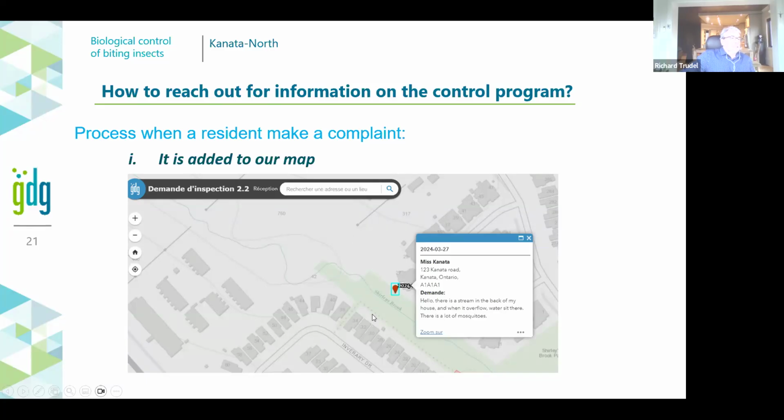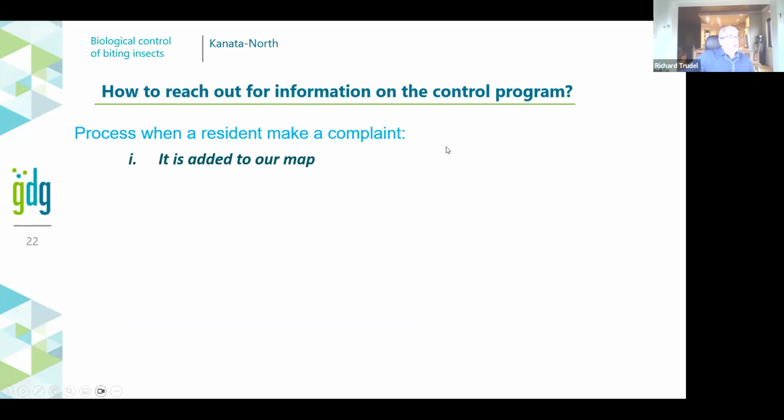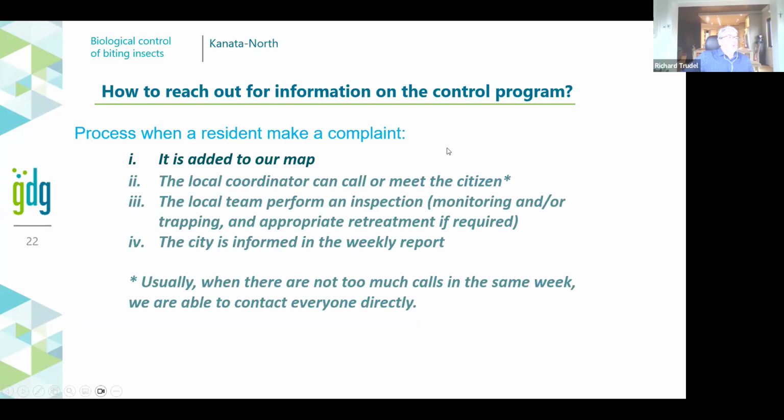Mainly, this information will be assigned to the local coordinator, and this coordinator can call and meet the citizen. The local team will perform the inspection to evaluate the presence of mosquito, and they will also validate if, around the property, there is stagnant water that hasn't been treated or new breeding sites that were not